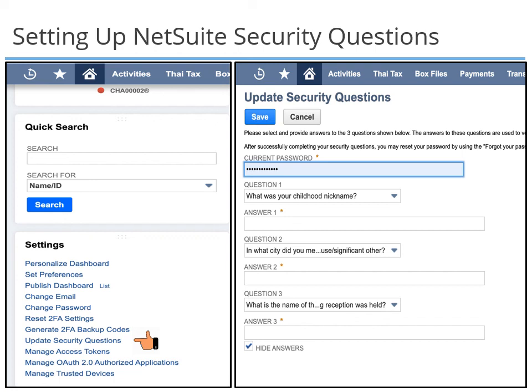If you don't remember the answer, you can ask the account administrator to reset your password. In this case, you need to re-enter your security questions and answers again. You can also reset the password on your own. If you reset your password on your own, security questions and answers will remain the same.